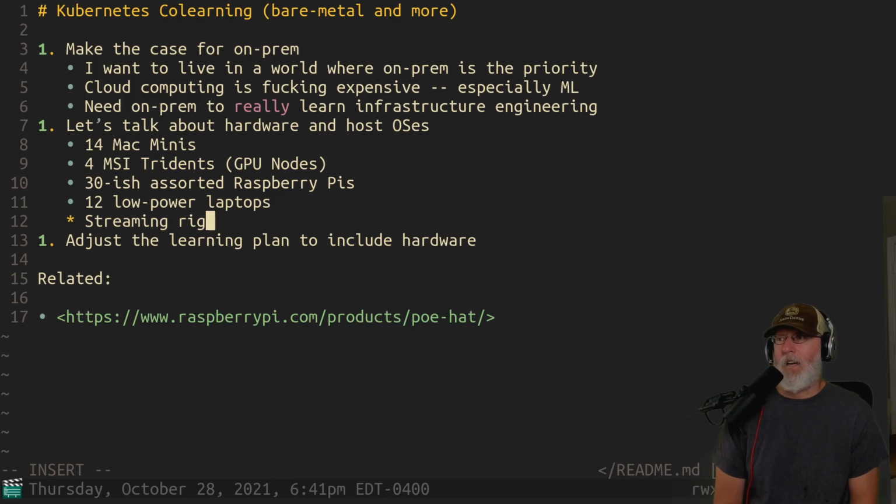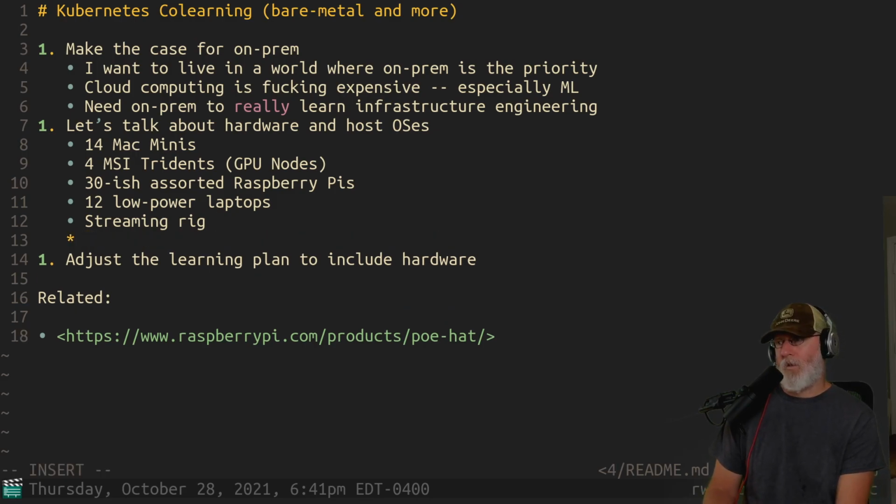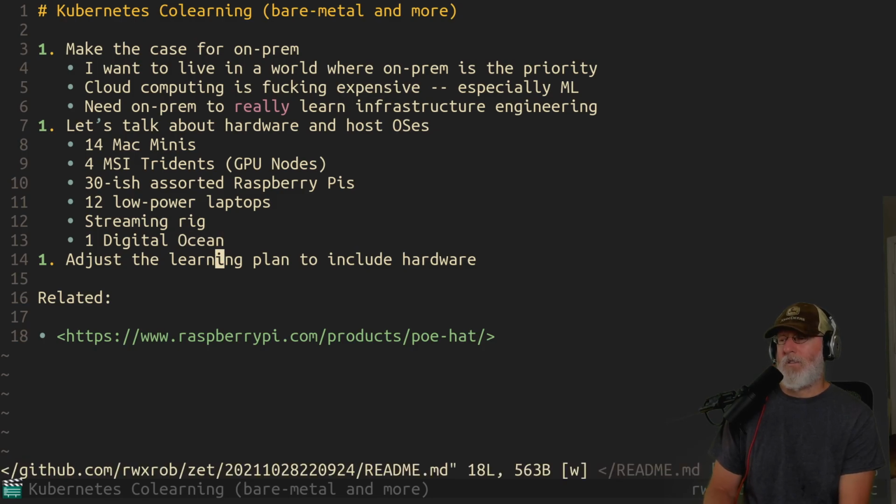I can put all of it in my VPN, and I could set up an ingress from the Kubernetes server. So I have one DigitalOcean server. This is the kind of thing I'm thinking about here.